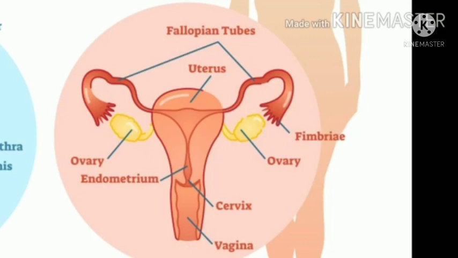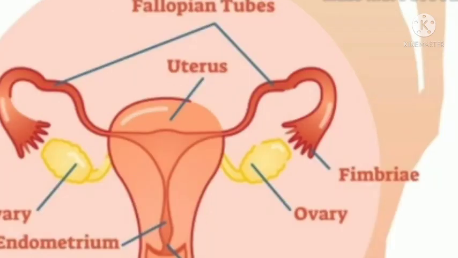Now let us see what exactly is given in your textbook. All organs of the female reproductive system are in the abdominal cavity. Just see the difference. In male it is outside the abdominal cavity and in female it is inside the abdominal cavity. A pair of oviducts, a single uterus and a vagina. Besides, a pair of bulbourethral glands is also present.